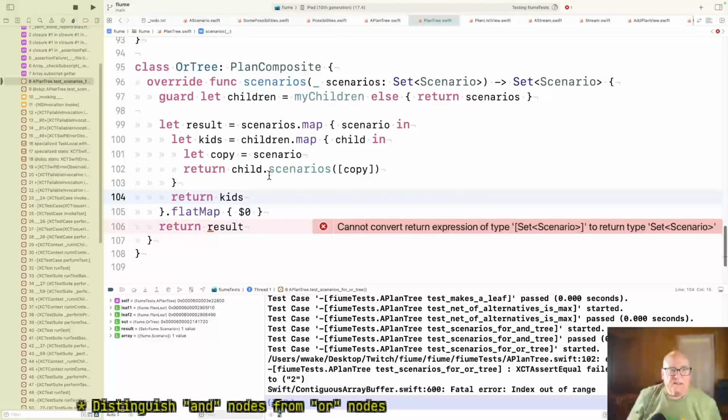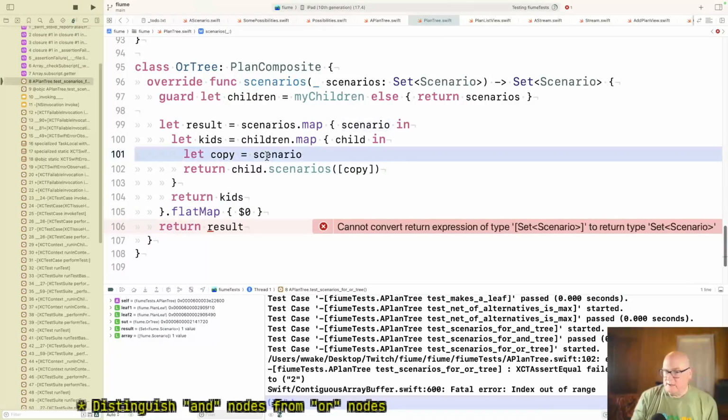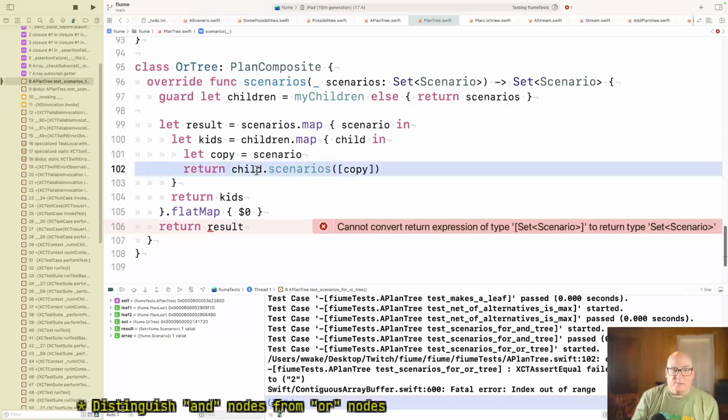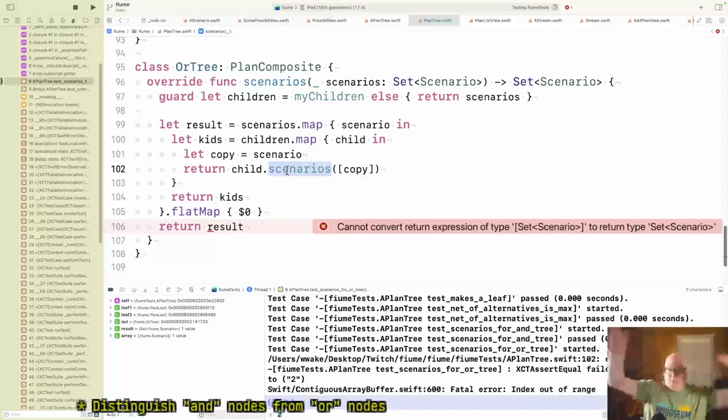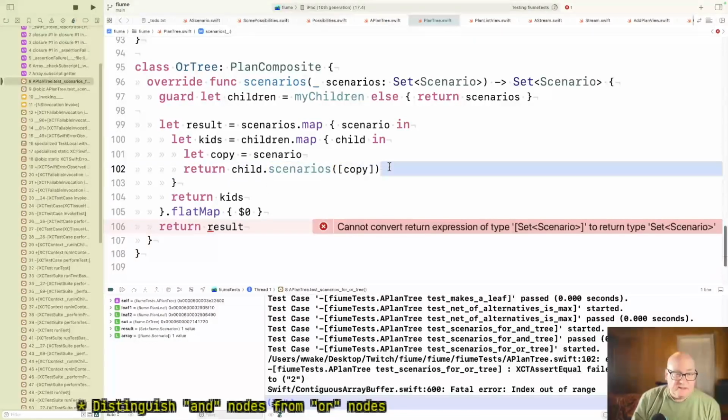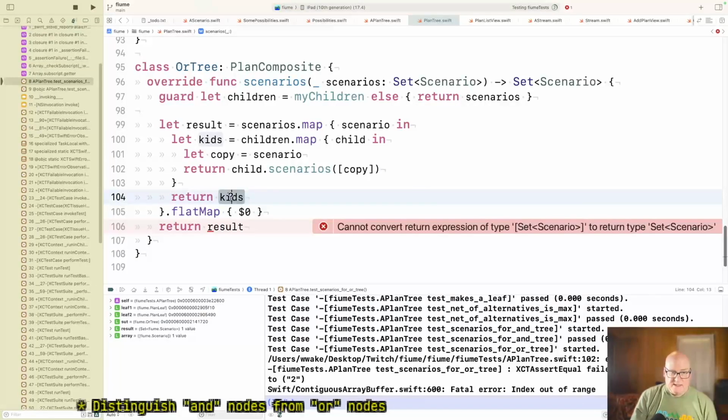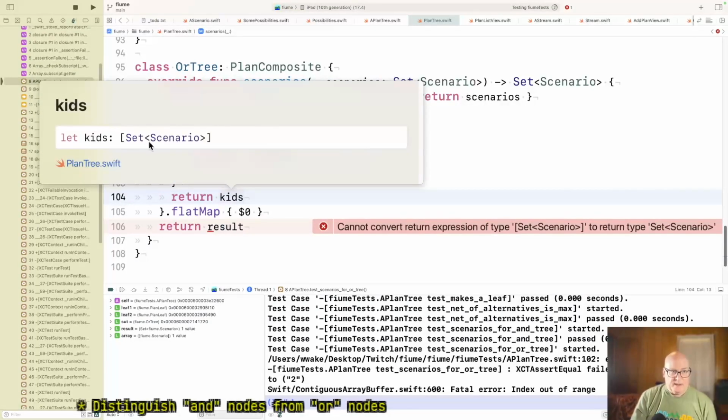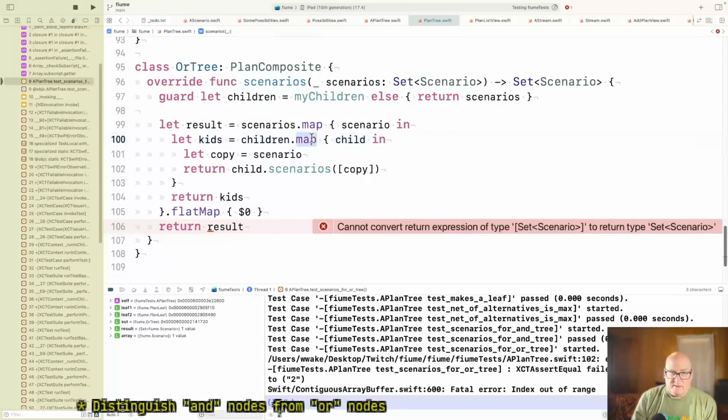Yeah, I'm just getting balled up, I guess. All right, so I think if I map a scenario for each child, it's got to be recursive, and that's that, right? That'll bring in the recursion. So I'm saying take all these scenarios and do whatever you got to do and give them back to me, but you should be giving me back a set here. Kids should be a set, and somehow it's a map, an array, because I'm mapping here.